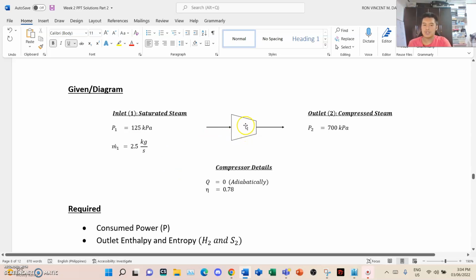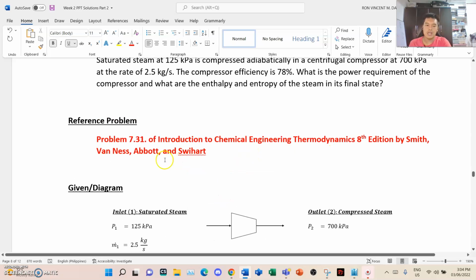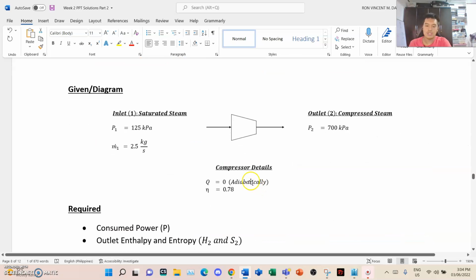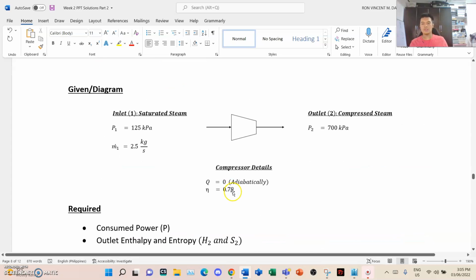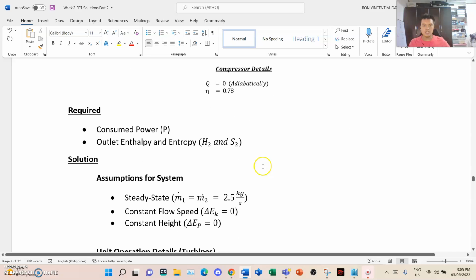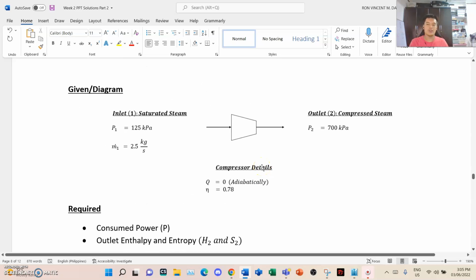So this is the compressor, and the inlet conditions are saturated steam at 125 kilopascals and 2.5 kg per second. Next, the outlet is compressed steam at 700 kilopascals, and the compressor operates adiabatically, hence Q equals 0, and its efficiency is 0.78. The required is how much power is consumed in this process, and what are the enthalpy and entropy of the outlet stream. To solve this, I will use hand calculation, then I will use DWSIM to justify my